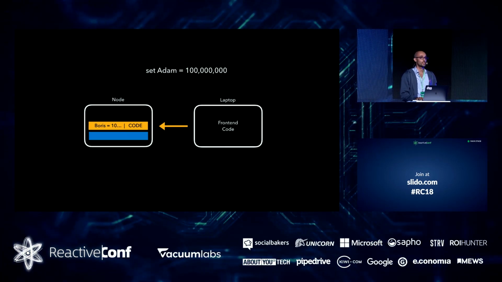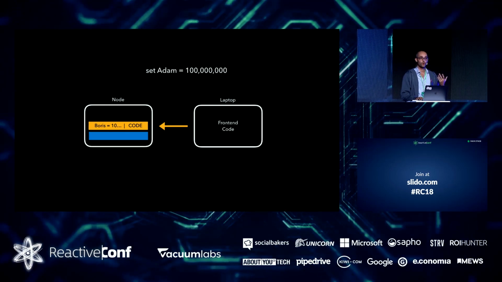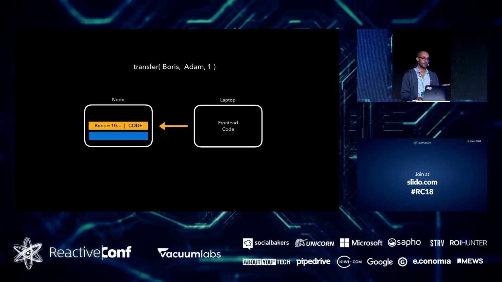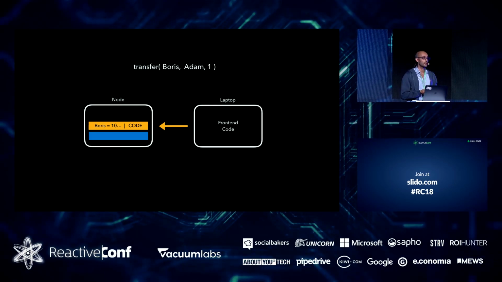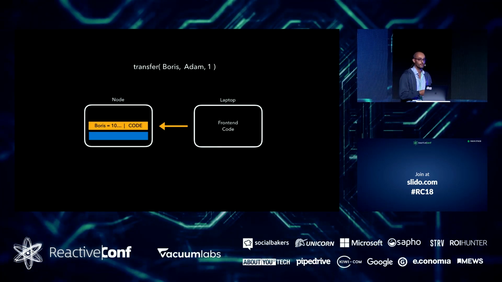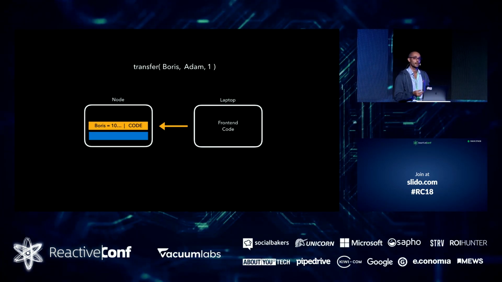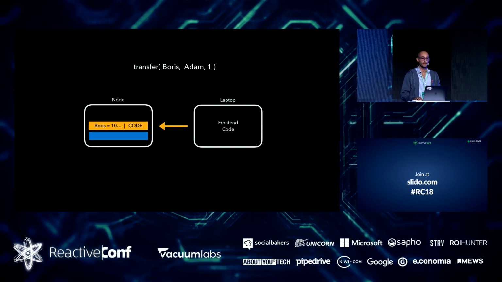This means that if I want to change balances, I no longer just change values. I have to call a function, for instance, transfer. And the function, of course, will validate that I'm allowed to transfer money. It will check that I actually have enough money to send, and maybe even verify that Adam has an active account on the system, right? So this makes a lot more sense from a security perspective.